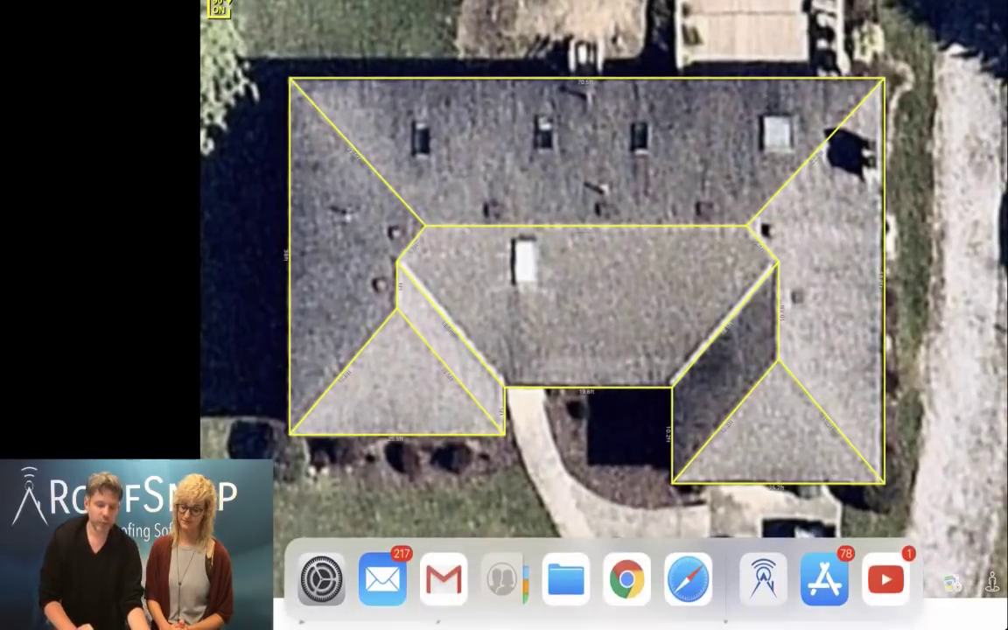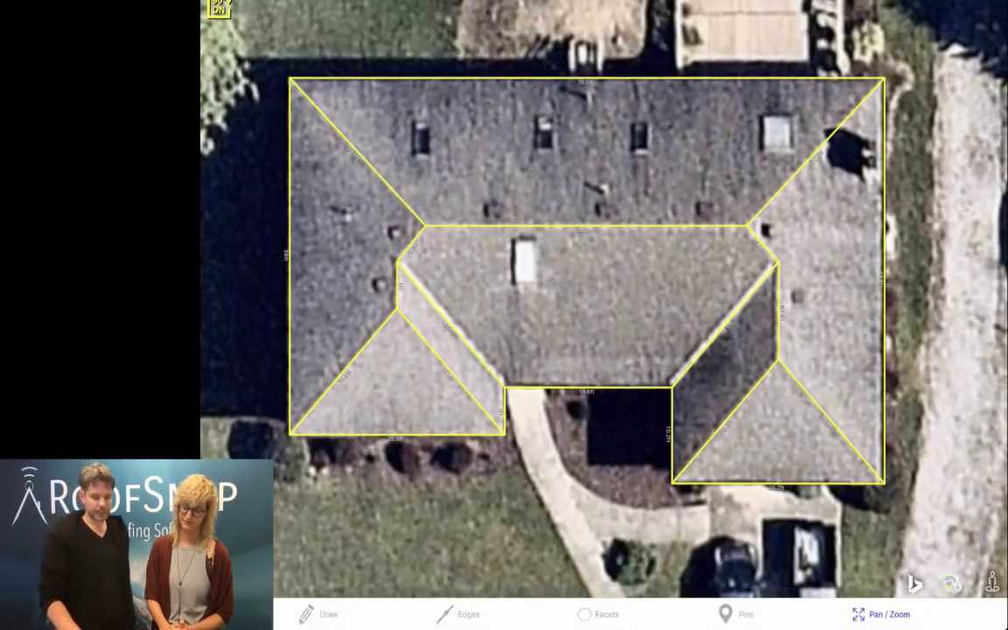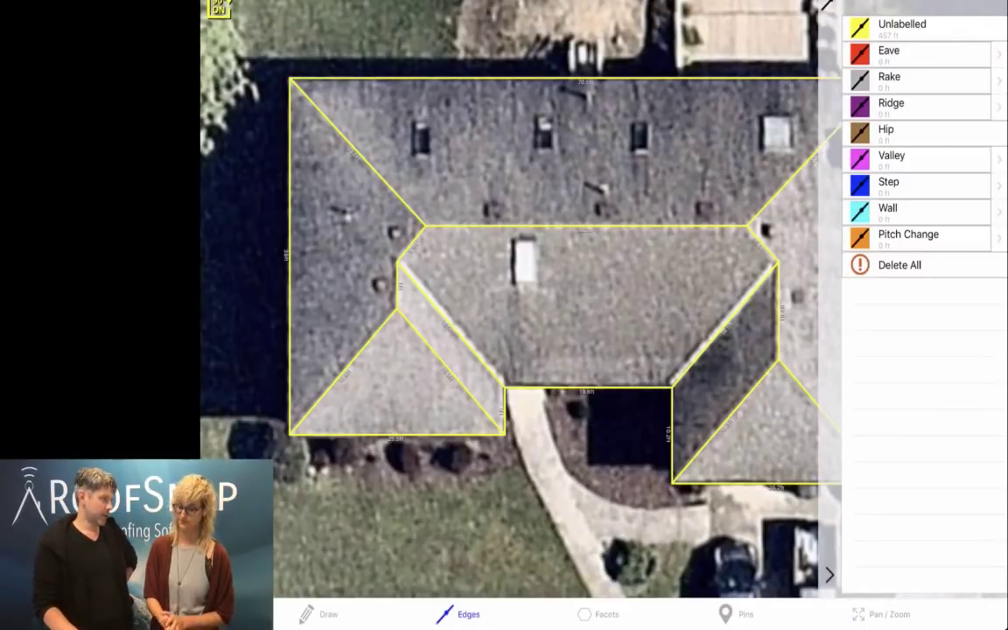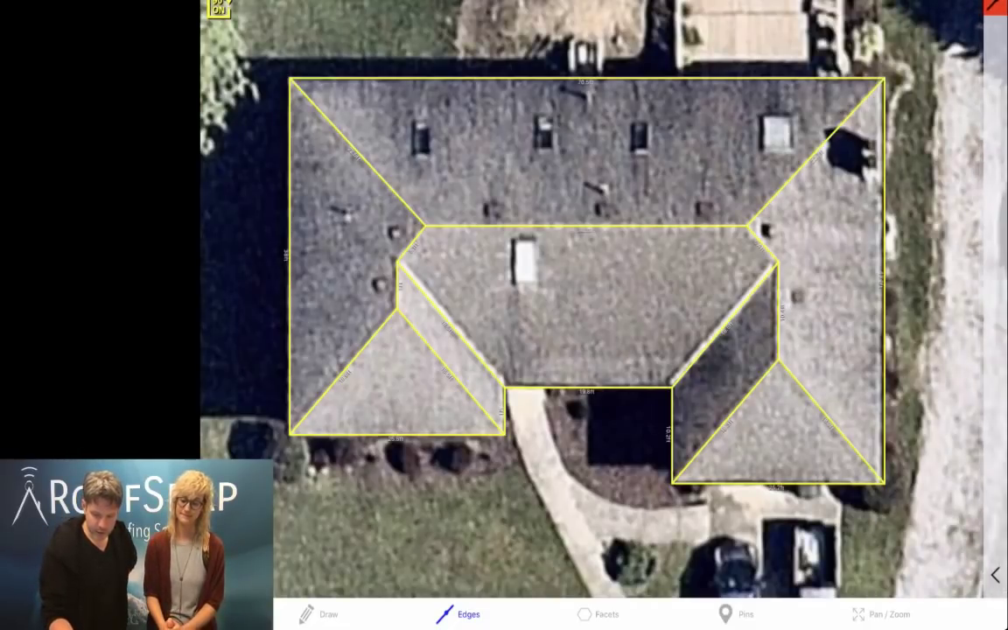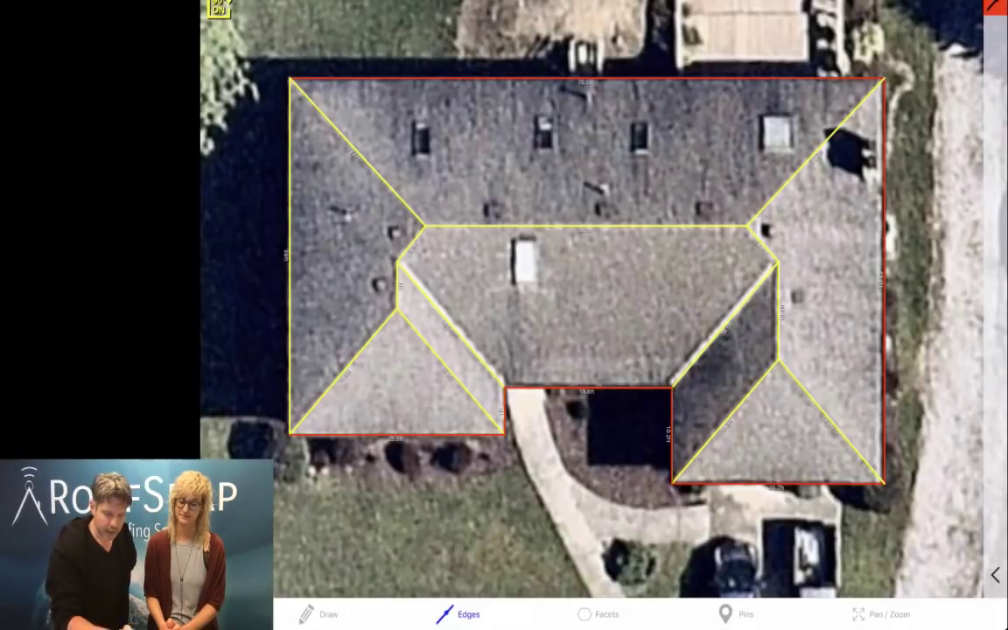So here, of course, the roof won't be fully completed. We won't have accurate surface area measurements or accurate linear measurements until we label the lines and put in pitch values. Yep. So let's do that real quick. Most of you are familiar with this. You've probably done it many times on your own already, but I will go ahead and just show you how